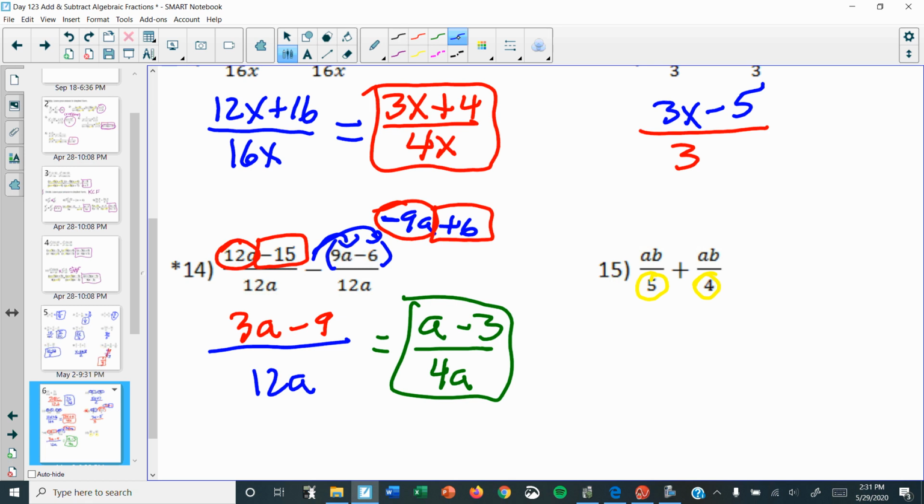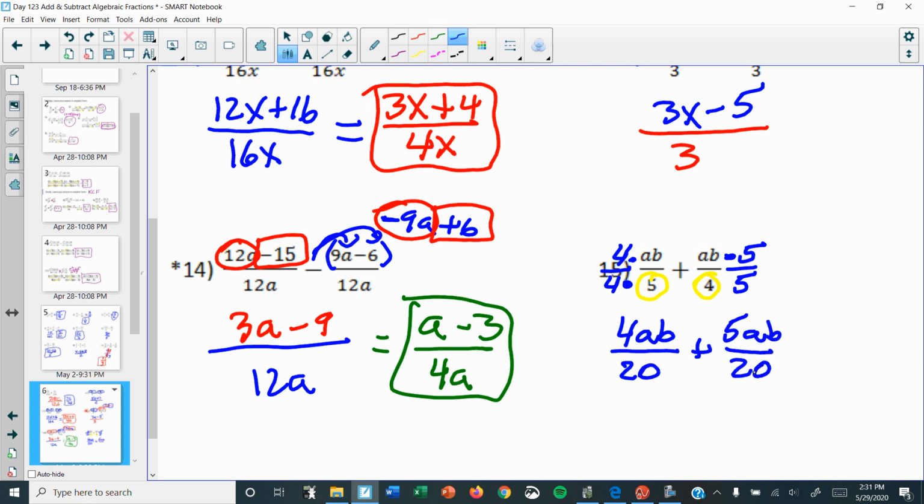So the easiest way is just saying, well, that's a 4, so multiply this side by 4. But remember, whatever you do to the top, you must do to the bottom. We learned it very well from our 6th grade teachers. And if that's a 5, multiply the top and the bottom by 5 and 5. So why do we do that? Because on top you get 4ab, and 4 times 5 is 20, plus 5ab,